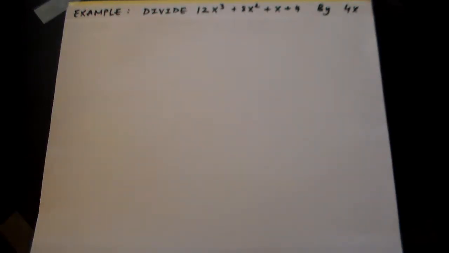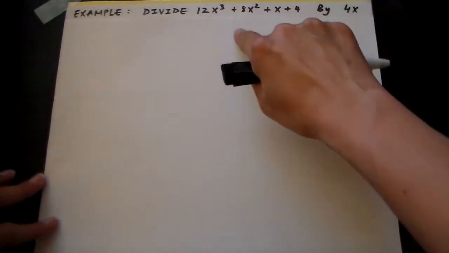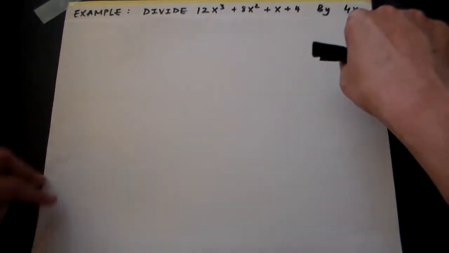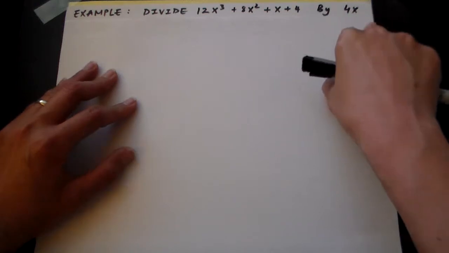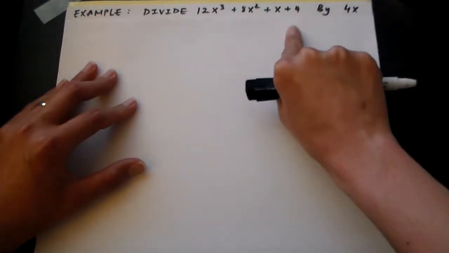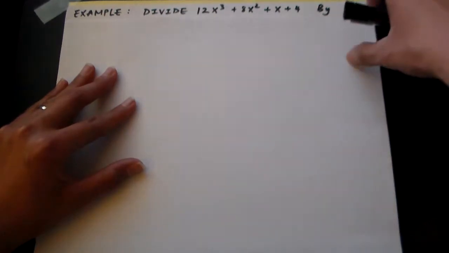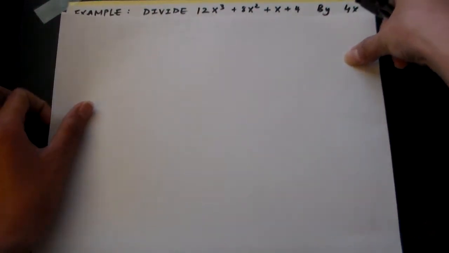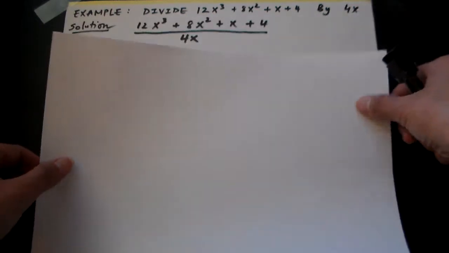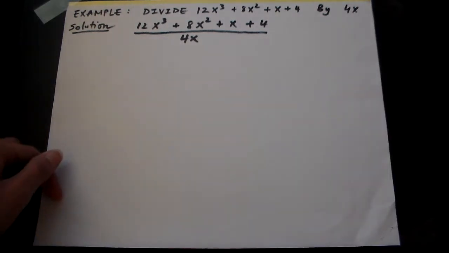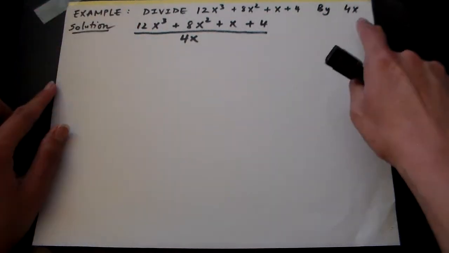For this example, we'll divide 12x to the third power plus ax squared plus x plus 4 by 4x. As you see, this statement translates to this is the numerator, this is the denominator. So I'm going to translate this to one fraction expression. Now we have 12x to the third power plus ax squared plus x plus 4 on top, divided by